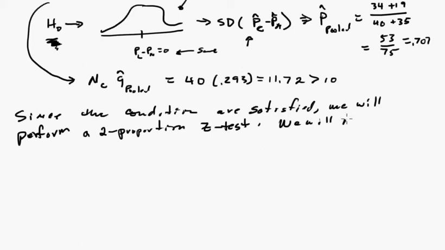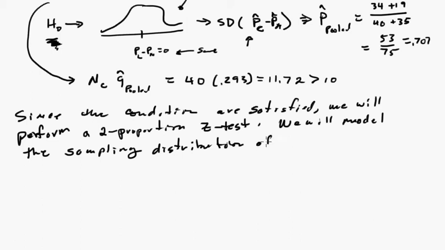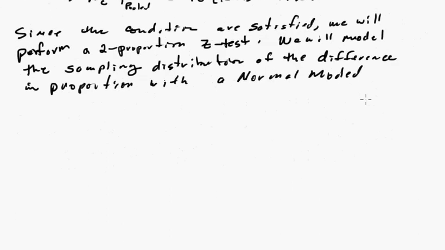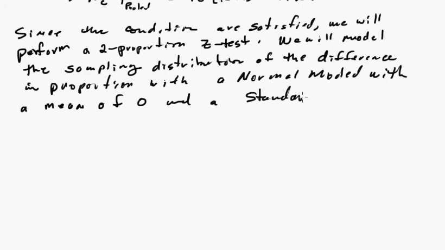We will model the sampling distribution of the difference in proportions with a normal model, with a mean of 0 and a standard error of